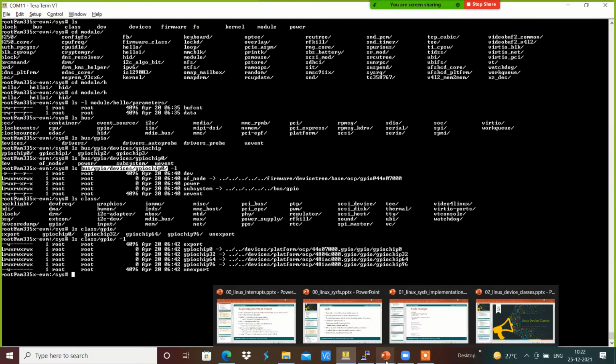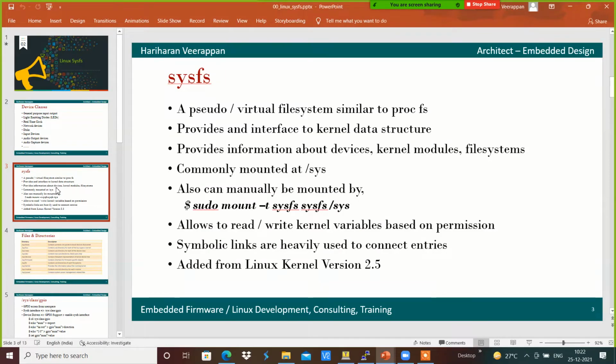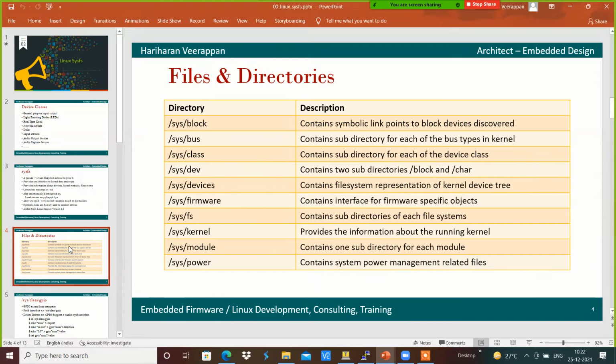For example, we have different directories inside sysfs. Block contains the symbolic links to the block devices discovered during boot up, and bus contains a subdirectory for each of the bus types present in the kernel, and sys class contains a subdirectory for each of the device classes, something like a GPIO class, a LEDs class, all those classes that we will get inside the sys class directory.